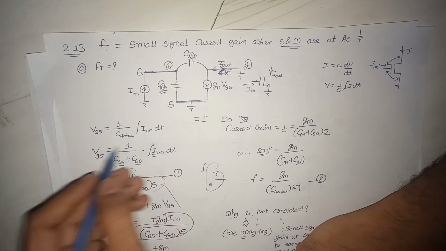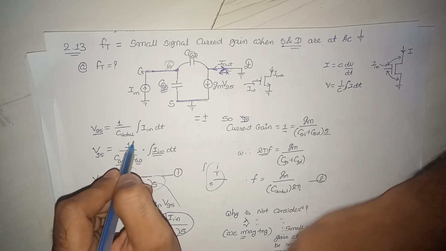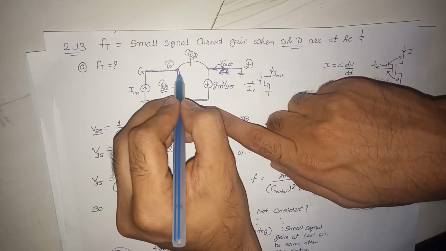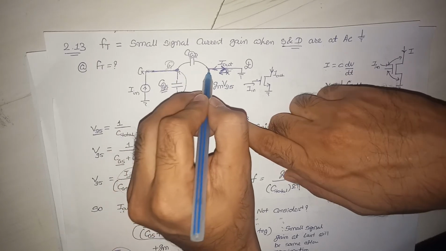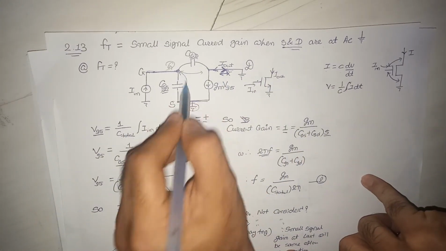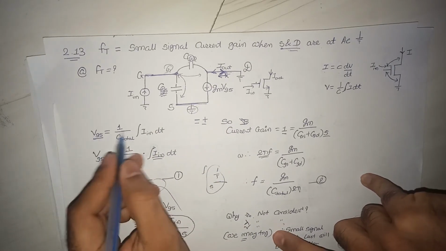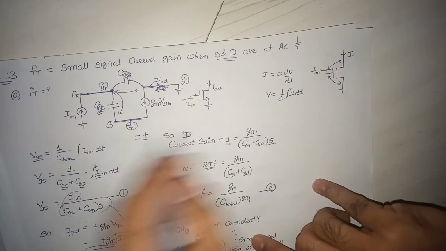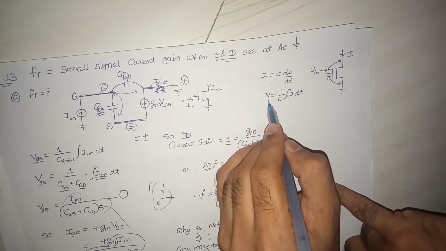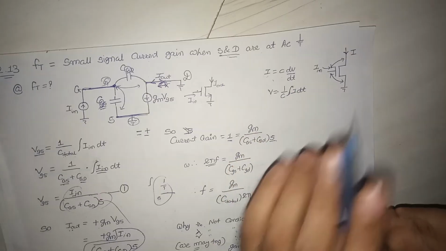All right, so now a very easy step. What is the voltage here? That is VGS, across C. This is the source, obviously it is grounded. This is the capacitance in between. This is also grounded, as given here. Both capacitances come in parallel, so C total will be Cgs plus Cgd, and VGS is 1 over C integral of i dt. This is the equation of capacitance current and voltage: i equals C dV/dt, and V is equal to 1 over C integral of i dt.